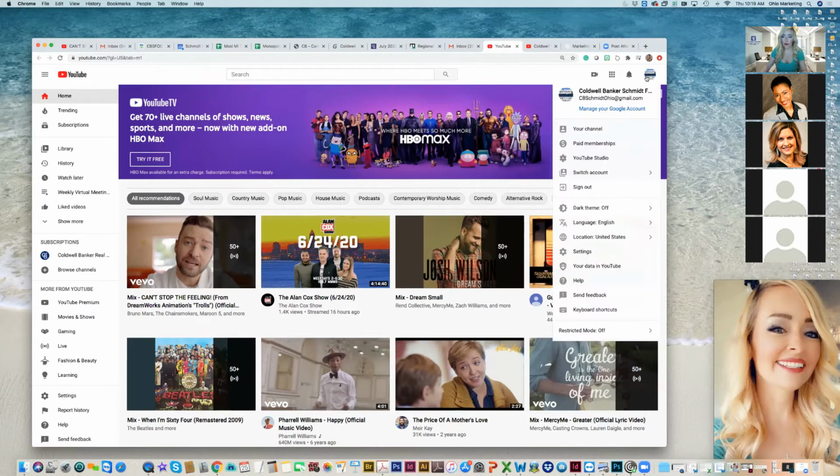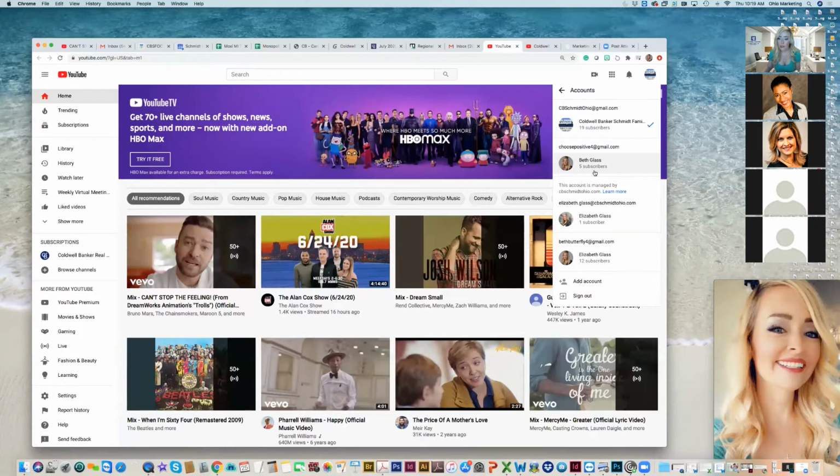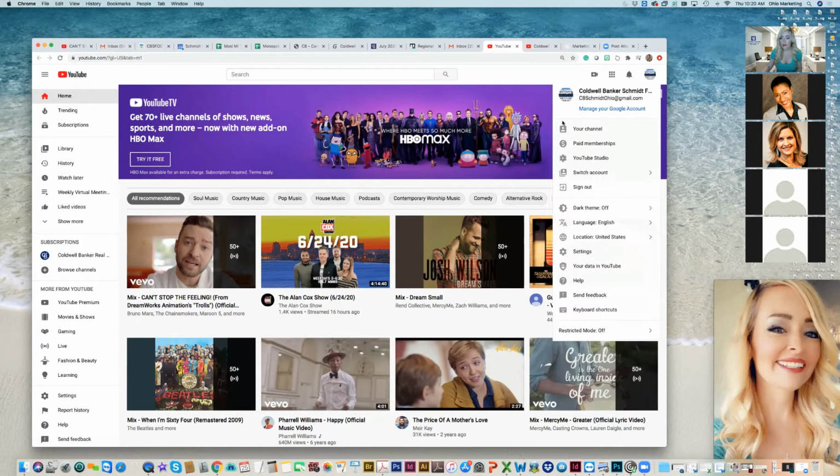I click on the profile icon, and I now have the series of different options. If I have multiple Gmails with multiple YouTube accounts like I do, I've got like 8 of them, I actually am able to switch back and forth very simply by clicking on switch account, and then I can choose the other one, and then it immediately flips me into that YouTube account exactly the way as if it would have flipped me into that email if I was just switching into my email. So I like that option because it helps me to navigate both personal accounts and then all the business accounts that I have. On that note, you don't really need to hang out in any more of these areas here. You can kind of ignore them for now.